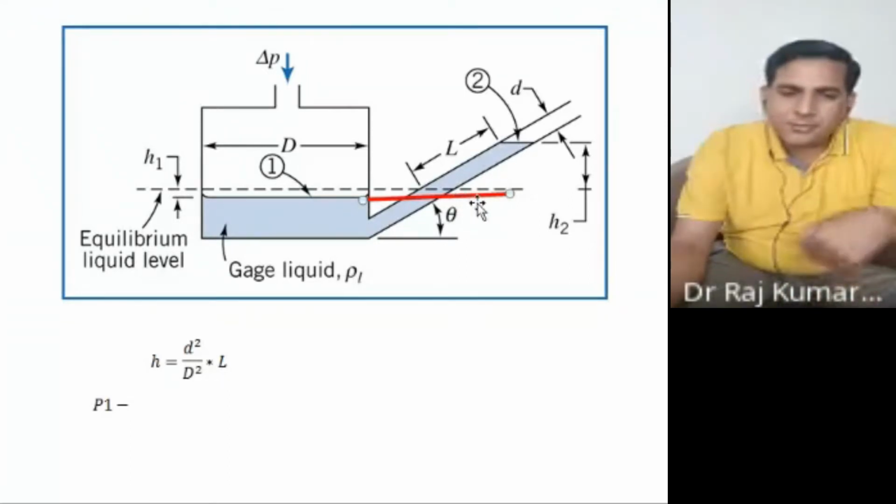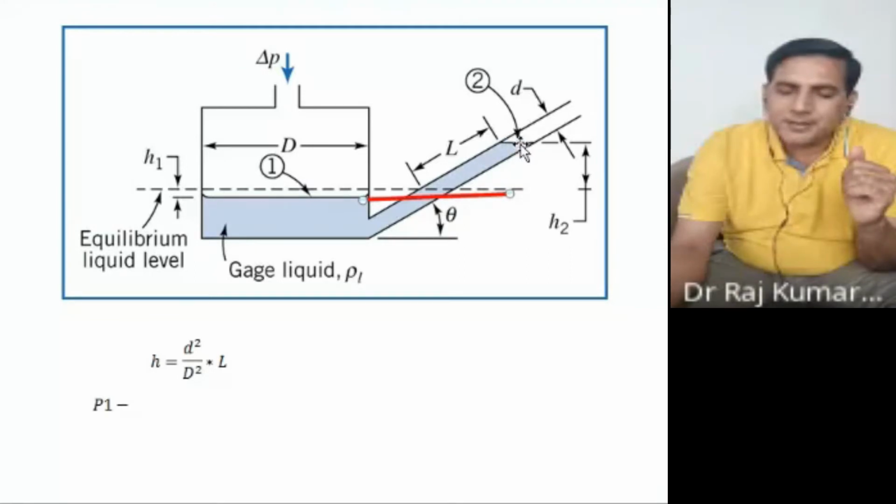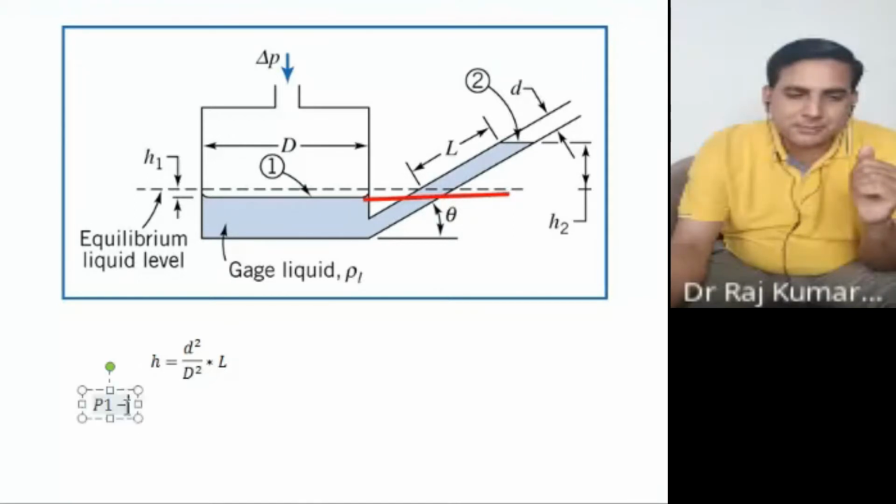After that, you want to go up. कितना up जाएंगे? पहले this much, right? ये जो change है, H1. H1 के बाद आप जाएंगे this much. ये जो vertical change है, तब आप जाके यहाँ पे पहुंचेंगे, right? So this length in terms of height is given as H2. This one is H1. So you can write now the pressure equation here.